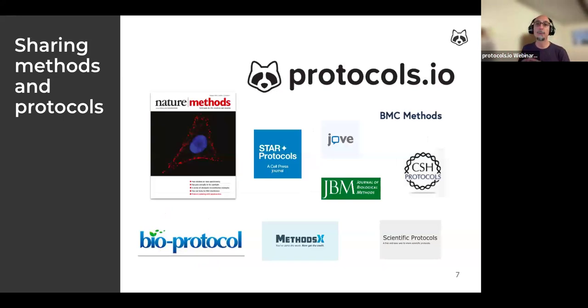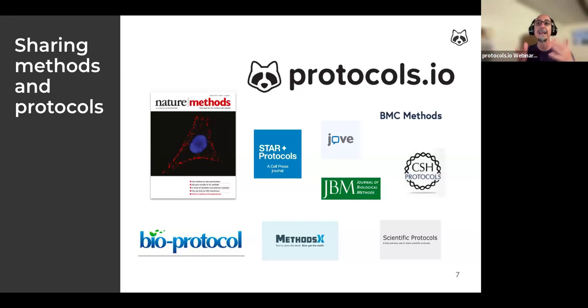But if we look more recently, within the last 10 years, there are a lot of journals now focusing on and publishing protocols and methods. Some examples are shown in this slide, and the list is definitely not exhaustive.